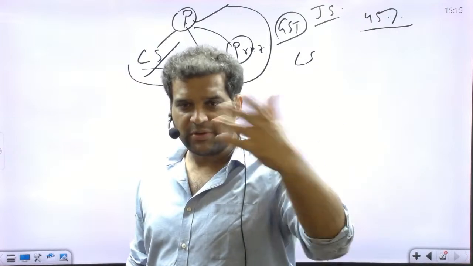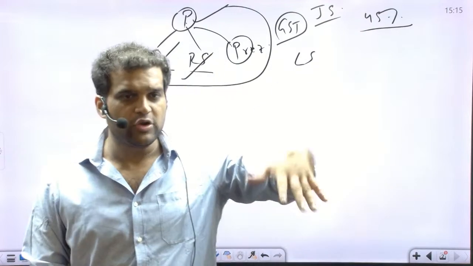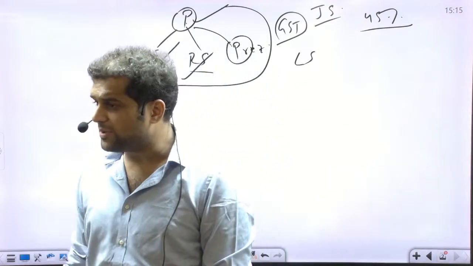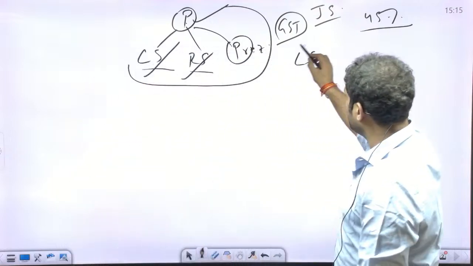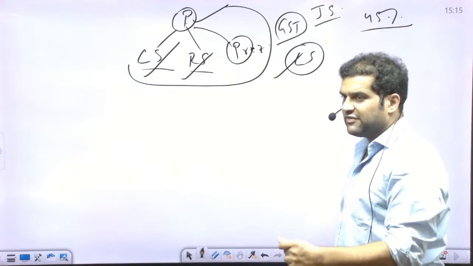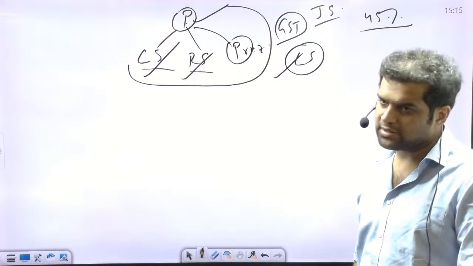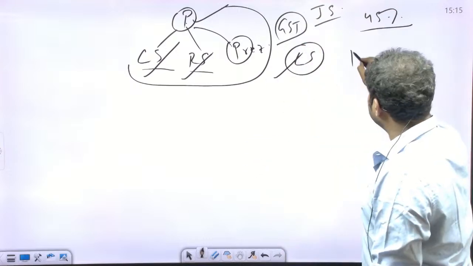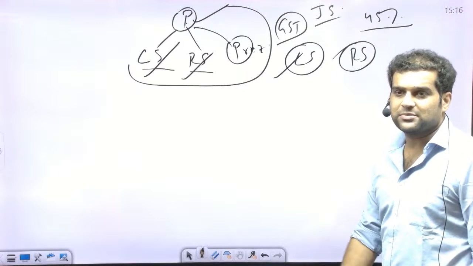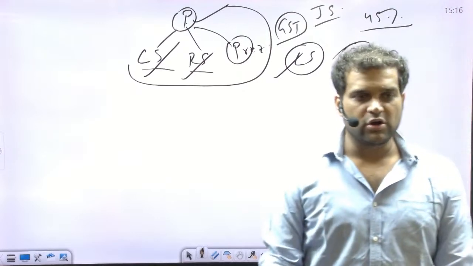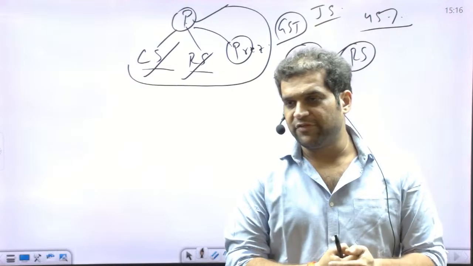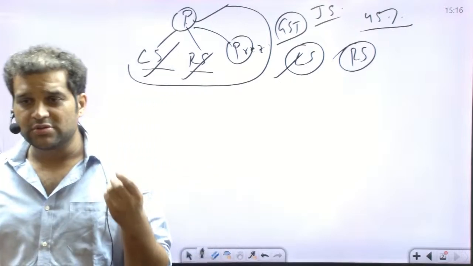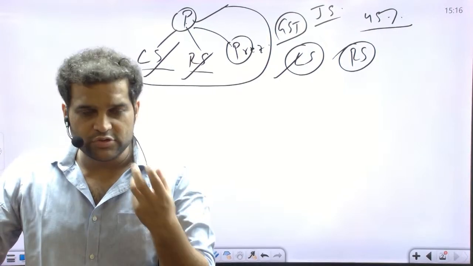Yes or no? That bill will go to Rajya Sabha, or the reverse, or it could be introduced in Rajya Sabha. It can get passed in Rajya Sabha and then it will come to Lok Sabha. For example, that bill got introduced in Lok Sabha, got passed in Lok Sabha, and then went to, let's say, Rajya Sabha, or GST bill, or any bill for that matter. And Rajya Sabha did not agree with that bill. Rajya Sabha refuses to pass that bill. Now what will happen? Tell me. Rajya Sabha refuses to pass that bill. So one house is agreeing upon a bill, the other house is refusing to pass that bill.